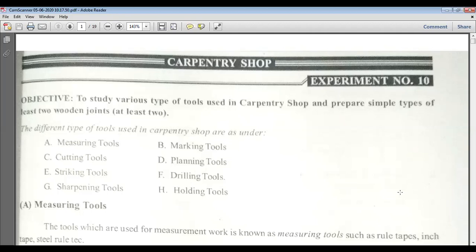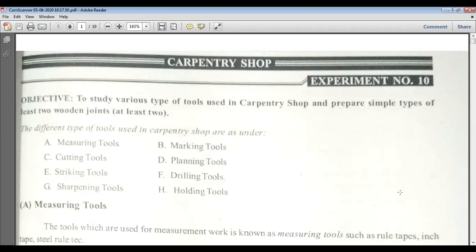In the last lecture we discussed the carpentry shop and the basic carpentry tools. Now we'll be detailing all the tools. Measuring tools are the tools used to measure the lengths and dimensions of wood. Cutting tools are used to cut the wood.